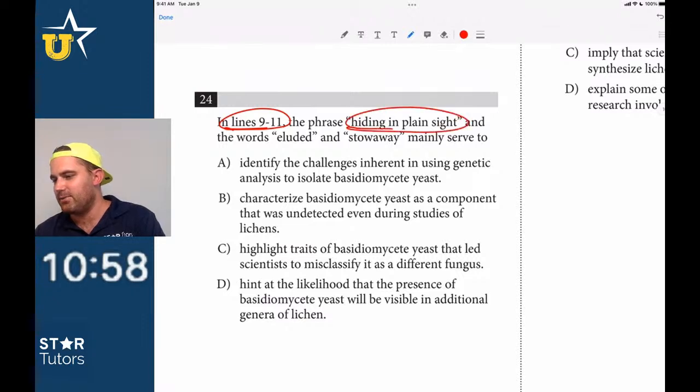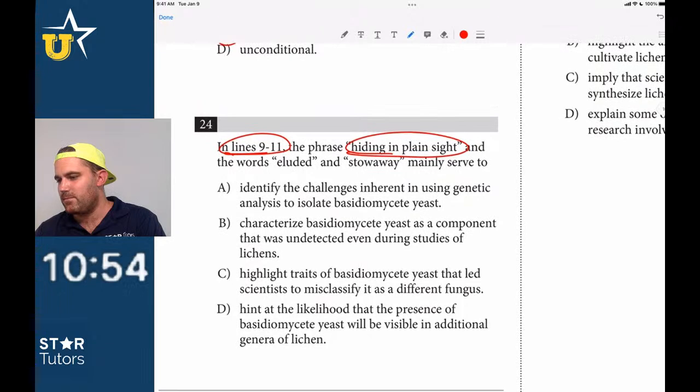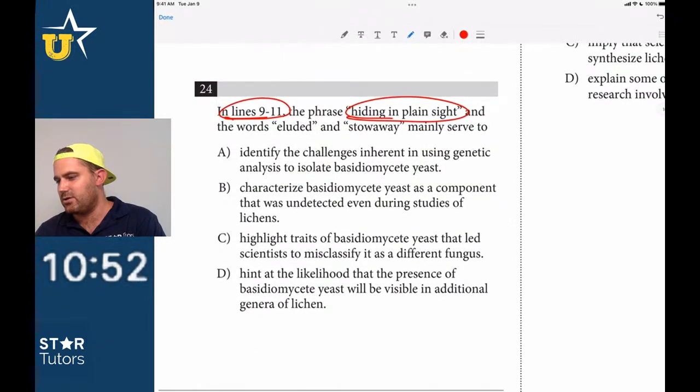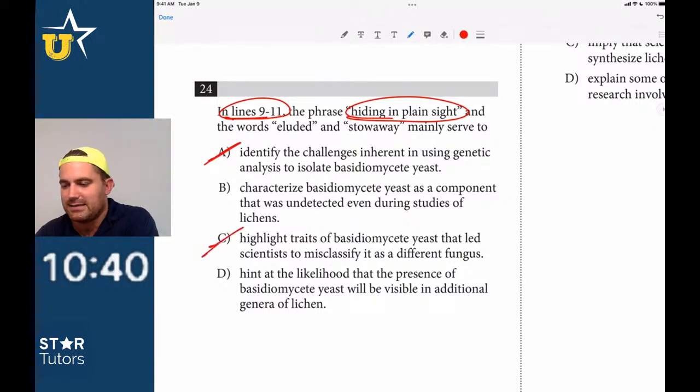The phrase "hiding in plain sight," the words "eluded" and "stowaway," mainly serve to identify the challenge inherent in using genetic analysis. I don't think so. I don't even think I have to go back here. Characterize as a component of those undetected even during studies, maybe. Highlight traits? I don't think it's highlight, because this isn't highlighting. It's difficult to find these things. Hint at the likelihood that the presence will be visible? No, it's got to be B. Characterize the undetected part. Right? It's that